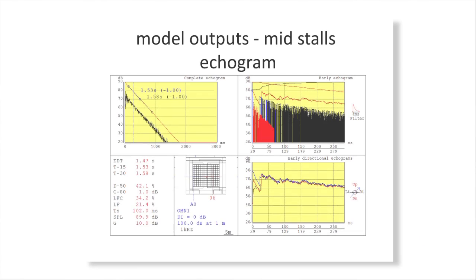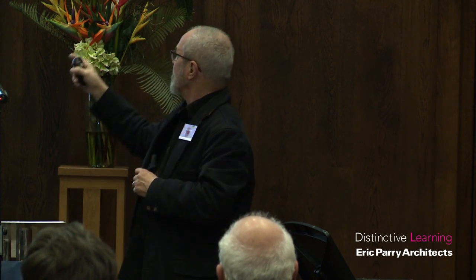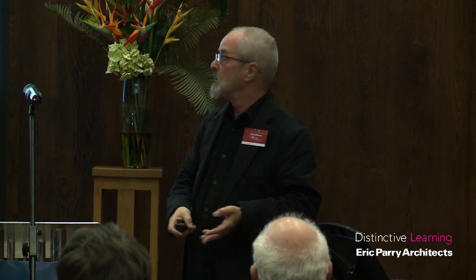On the right, you see a similar thing, but that's every sound reflection from every part of the room for the first quarter of a second. So you can see the first reflections, which are red, which is what bounces off the ceiling and floor. Second order is blue, where it goes bounce that way. And the third orders are all the black lines. And each one of those is a single reflection. And there are 50,000 of them in the model.